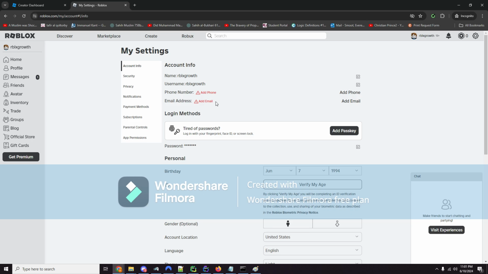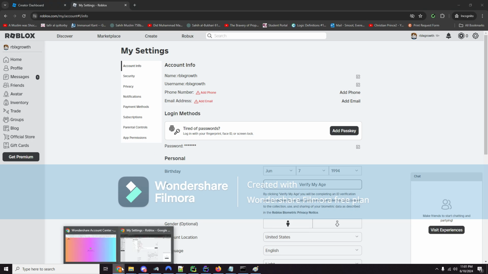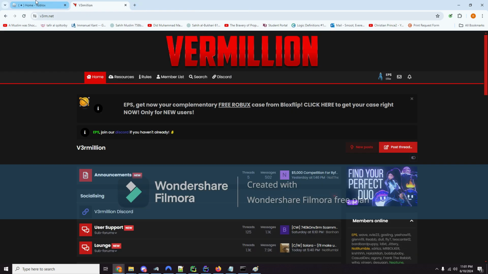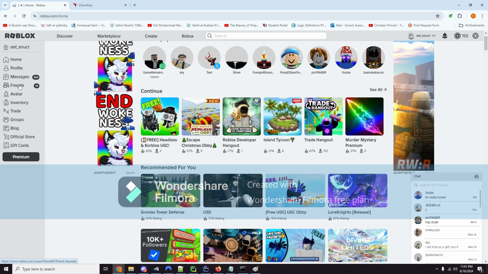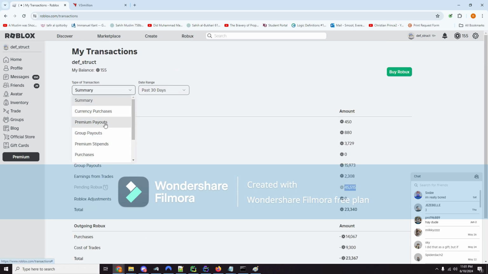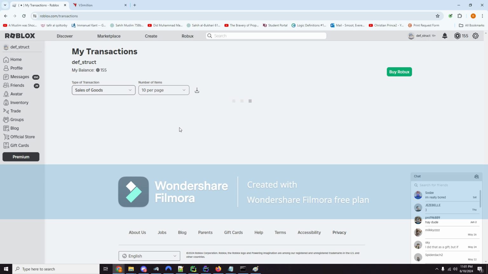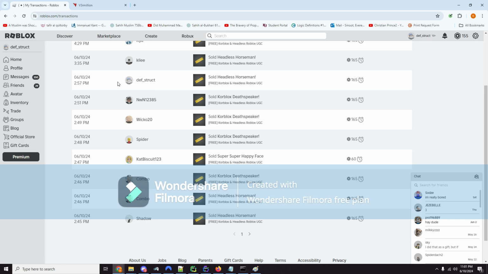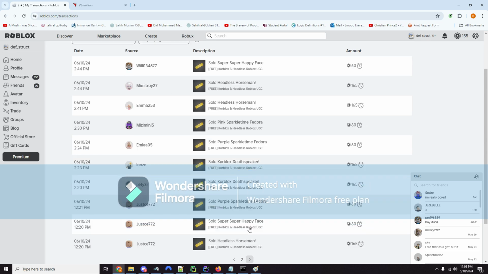Anyway, before we do that though, I would just like to show you guys the profit I made, very simply. So here we go, we're on my main account right now. You can get banned for this. However, I just sourced my Robux to come from a different group. We have 45k pending right now from the scam game. We can look at our sale of goods,